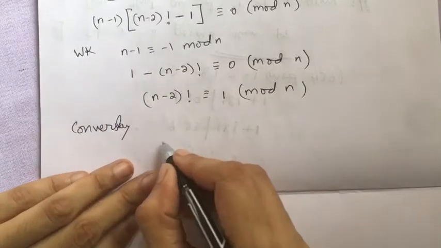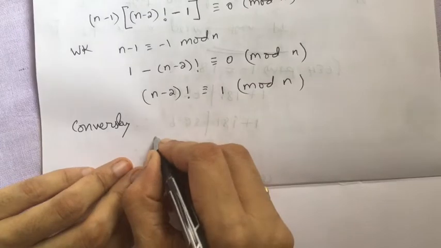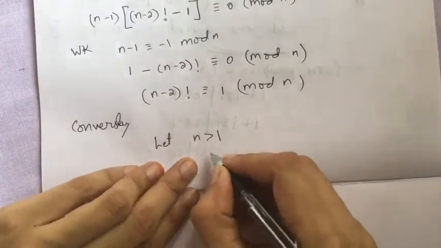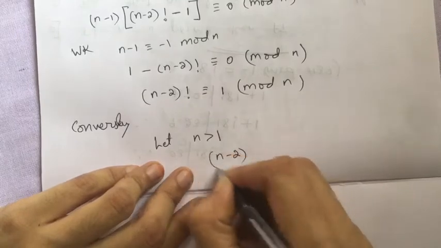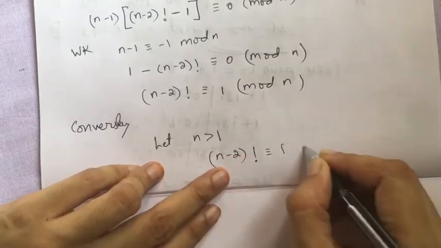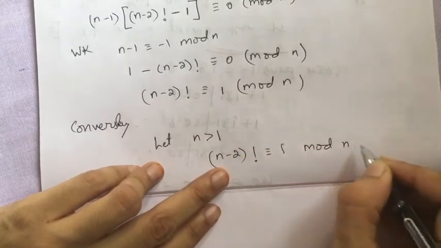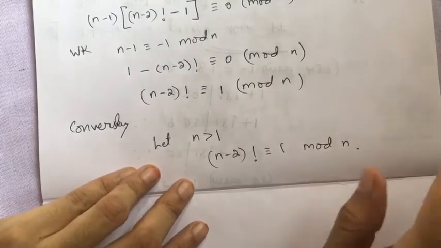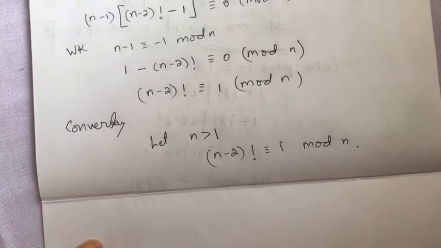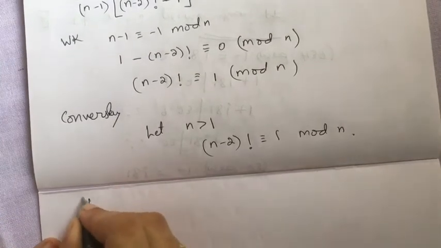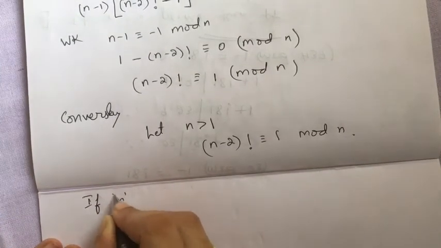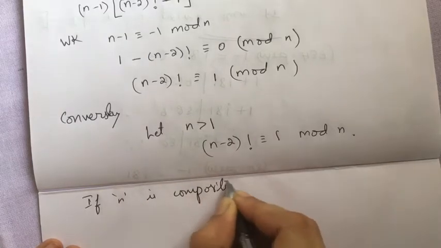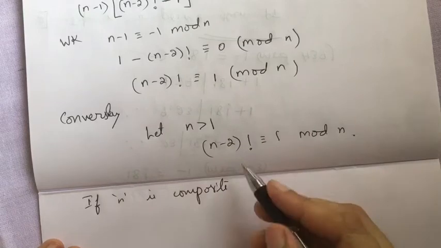Then the converse part, I have to take up this. Let n be greater than 1 and (n minus 2) factorial be congruent to 1 mod n. Now I don't know whether n is prime or not. If n is a composite number, what happens? It should have a divisor,